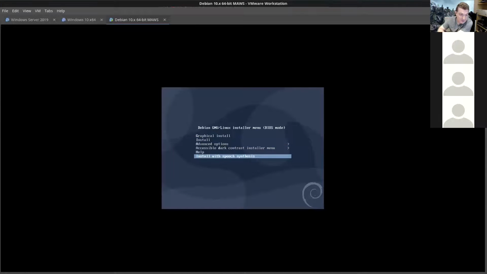So now you can actually install Debian with speech synthesis. I've never seen anyone do it before, and I'm not going to try and do it now. But if you were really bored, you could look into how to install it by talking to it with a microphone. But for our purposes, if we just choose graphical install,